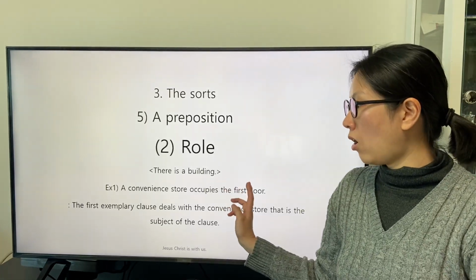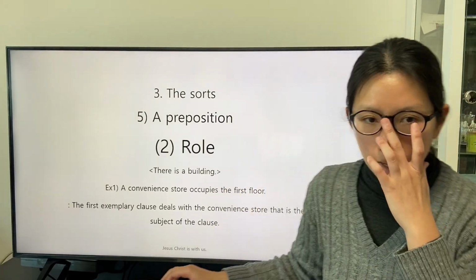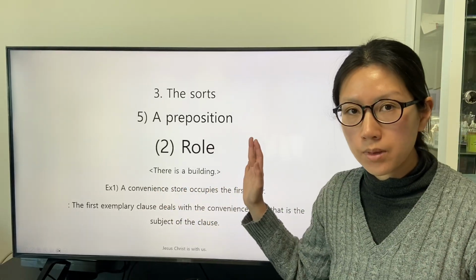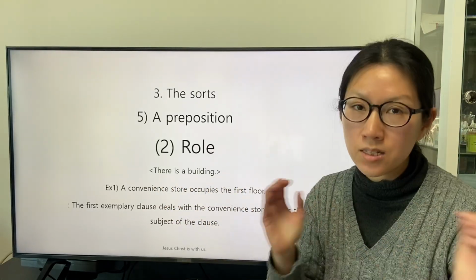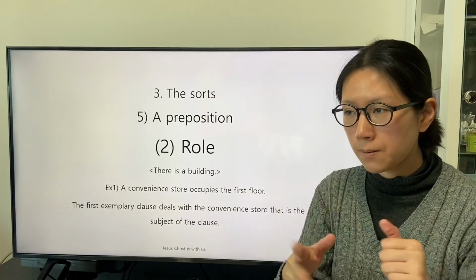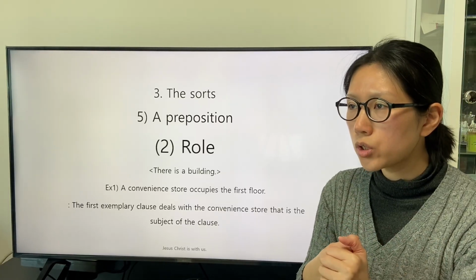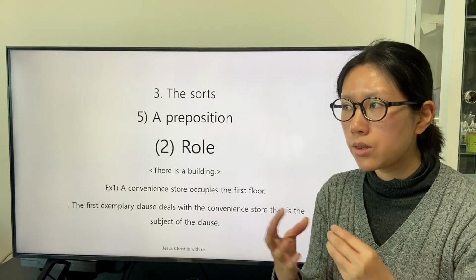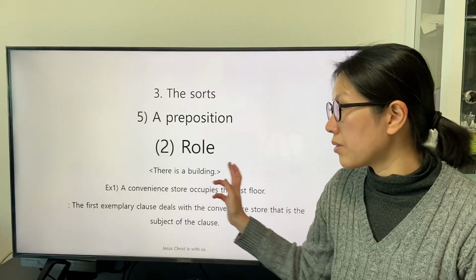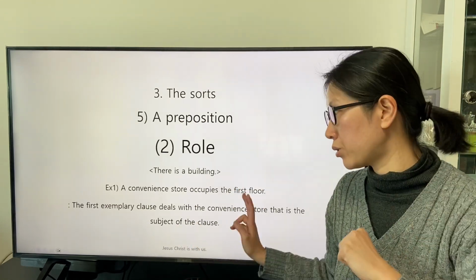There is a clause, and there is a premise for the existence. There is a premise to set a premise to deal with the application of the preposition on. There is a building. This is a premise to deal with the two clauses